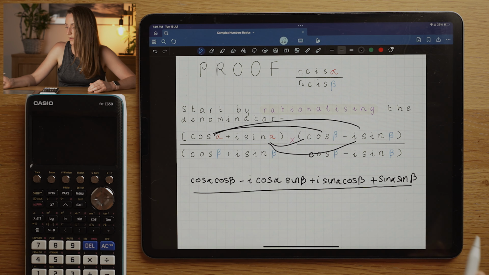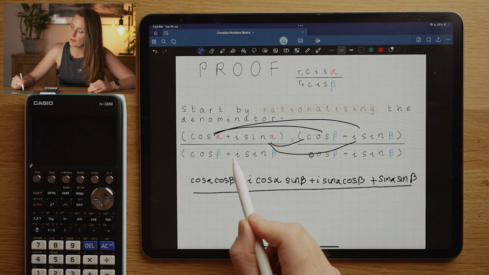Okay. Now we're going to tidy that up on the next line,